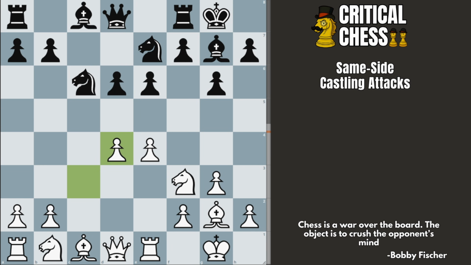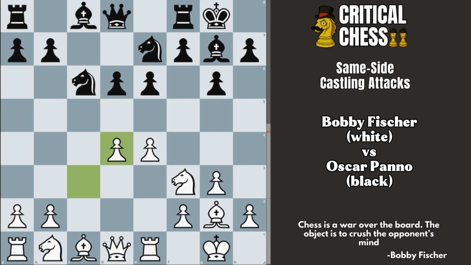Okay, there's one last example that I want to show you. This game was played between Bobby Fischer with the white pieces and Oscar Pano with black. So in a position like this, Pano played d5, striking in the center, and Fischer went e5, and once again we have this structure right here where the pawns are on d4 and e5,